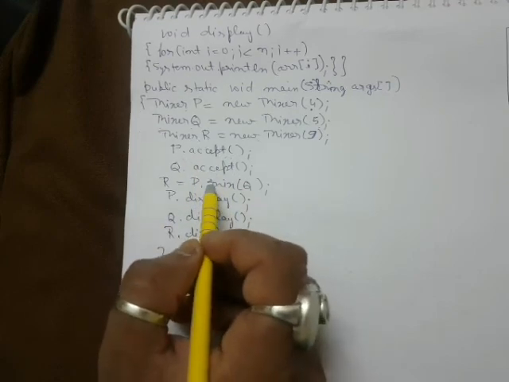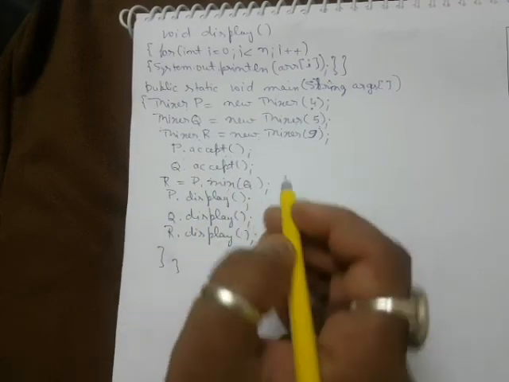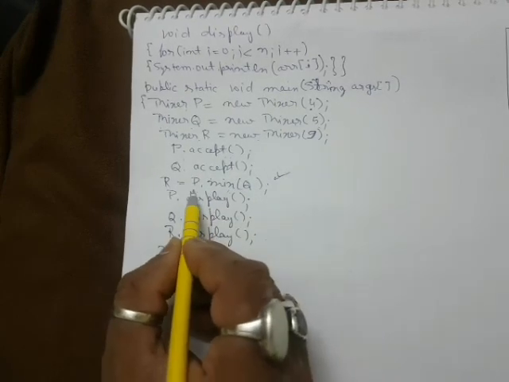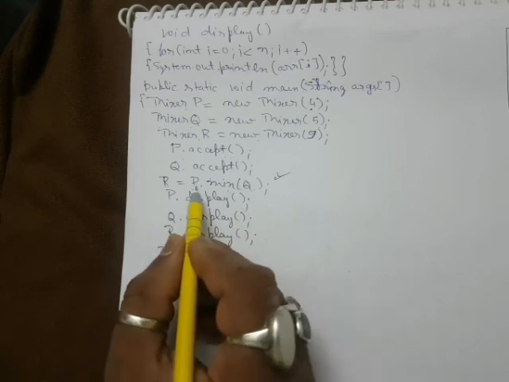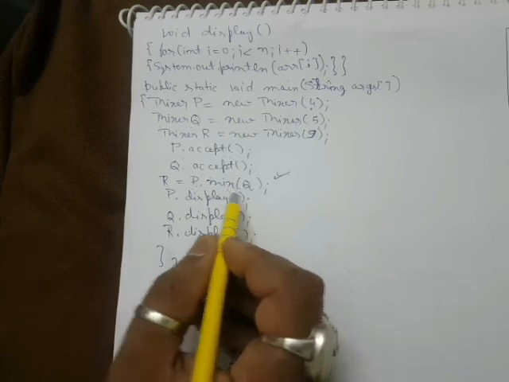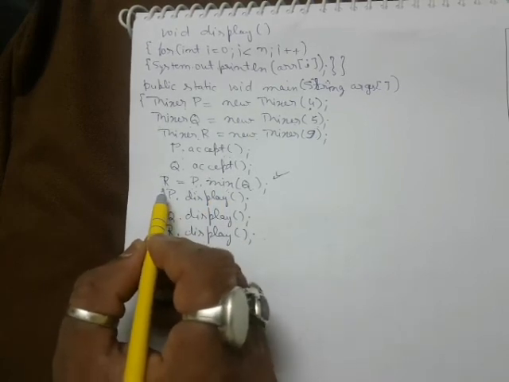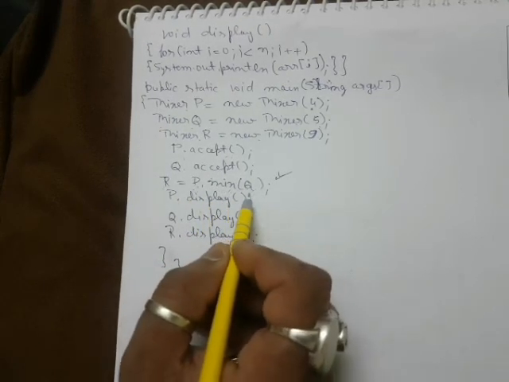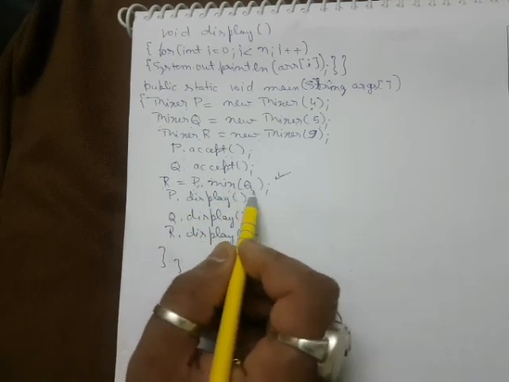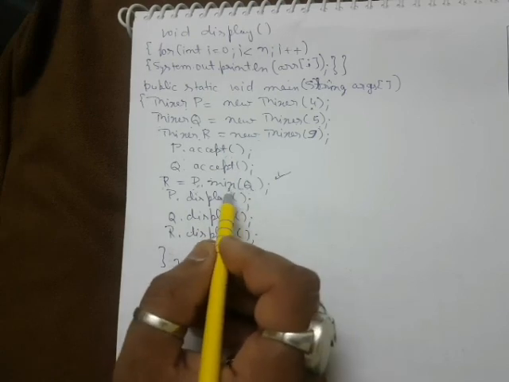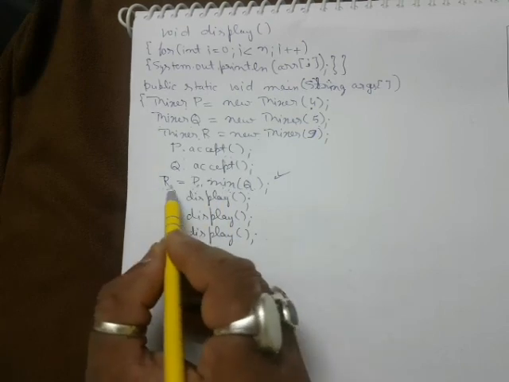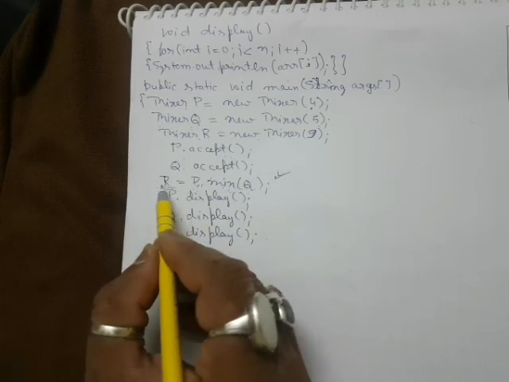After that, students, p.accept, we input the data for p and q. Now the data is to be merged. So how to call this function? That's a very, very important statement. p.mix(q), this is the current object and this is the argument, the second object. So p.arr is this one and q.arr is the argument, and r will be having its own arr. Okay, so data of p.arr and q.arr will be merged, and that third object, b, will be returned, and its reference will be stored inside r.